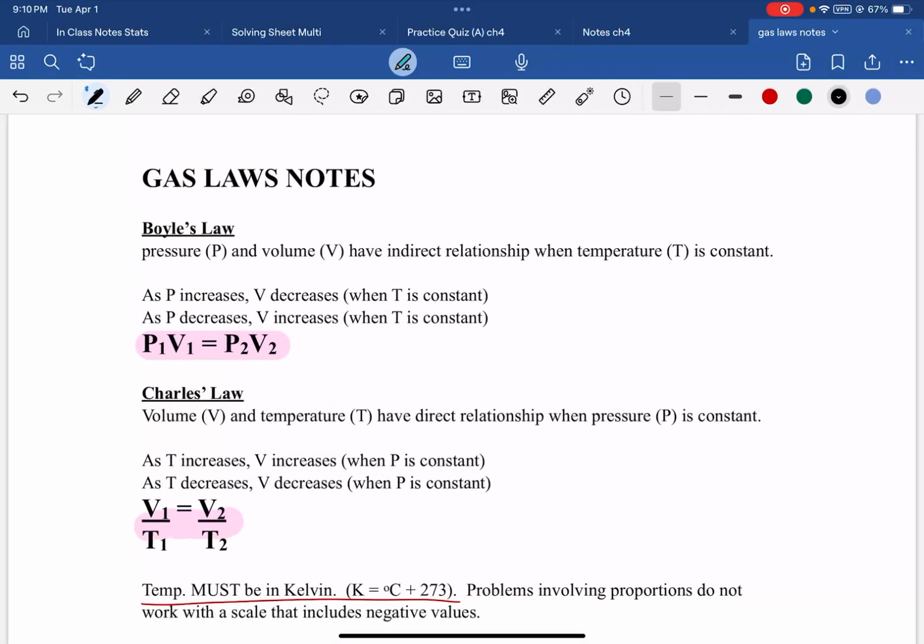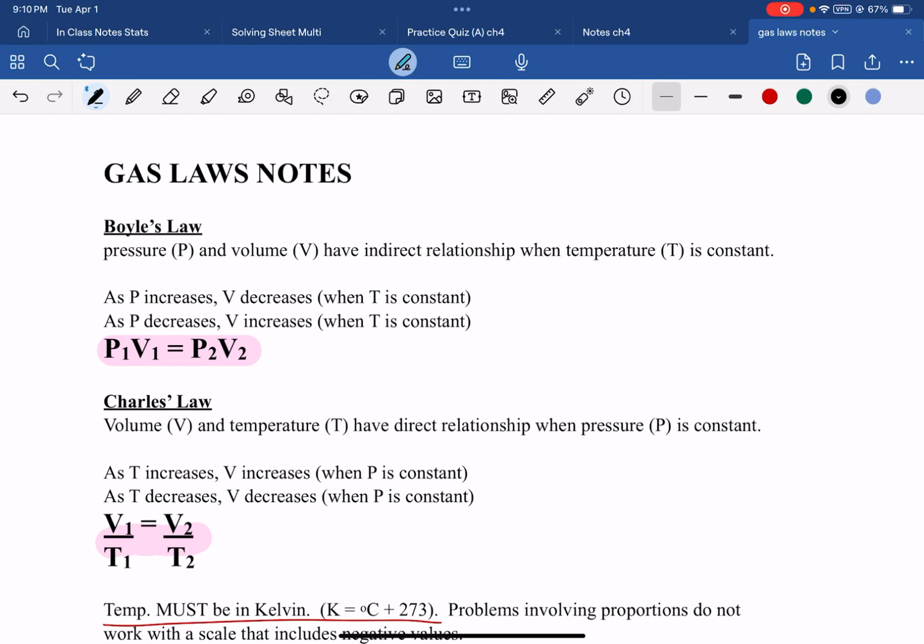Hello, today I'll talk about gas laws. The first gas law you'll learn is Boyle's law, and it talks about the relationship between the pressure and volume